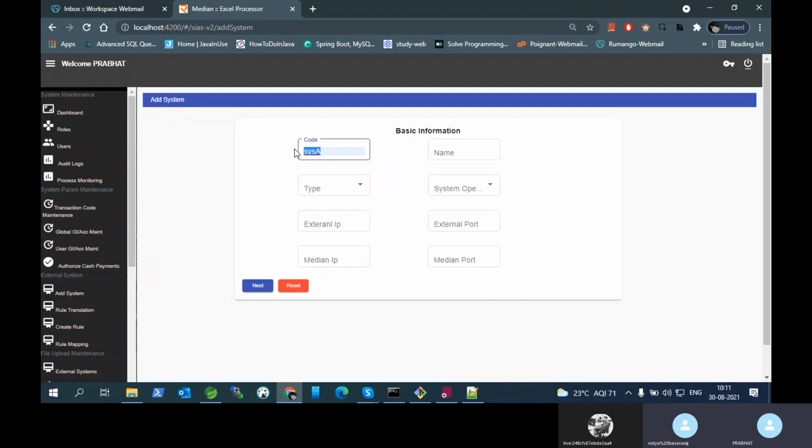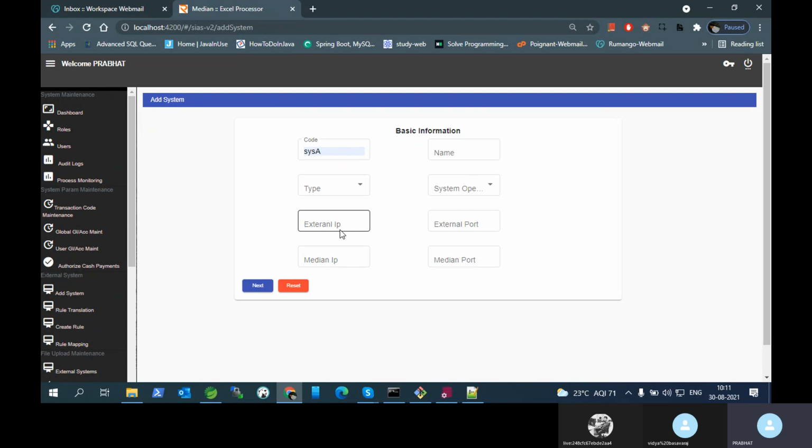So there is no need to display it on all the screens. One time we will display it. This will be our external system code. Label also you can give, no, EXTSys code, external system code. You can give something like that. And for system, you can give system code, because the label is Add system, so we can give system code here, and here it is system name. Then it is more clear.